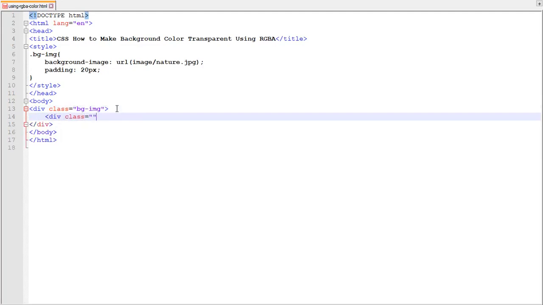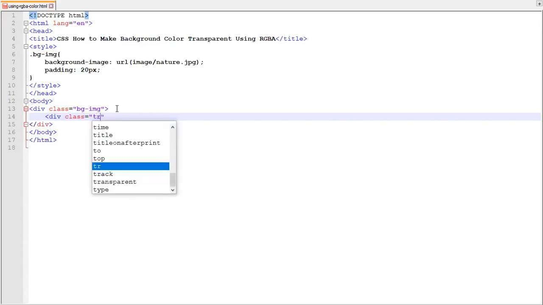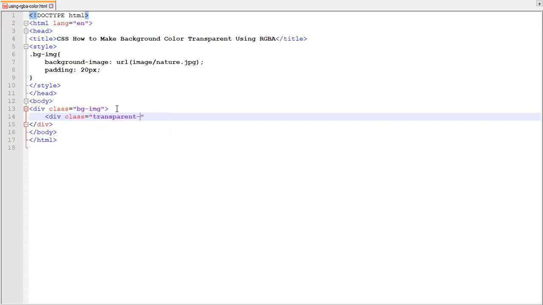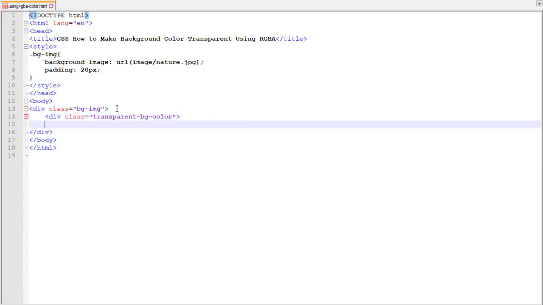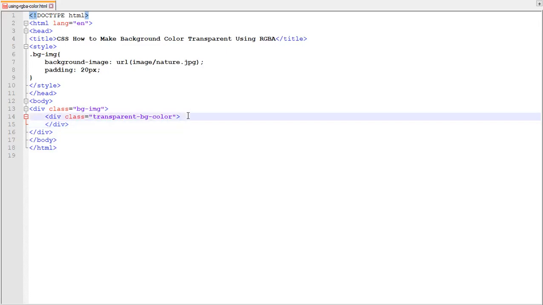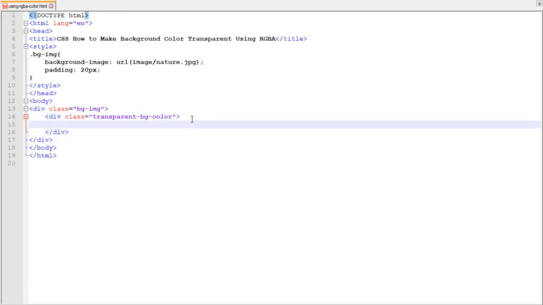Class equals transparent-bg-color. This is the div where I have to add text content to make transparent.